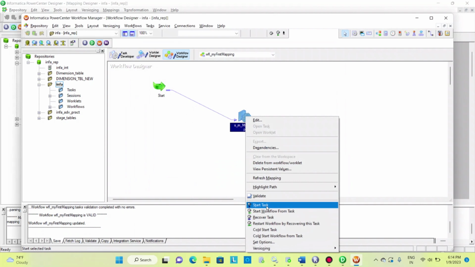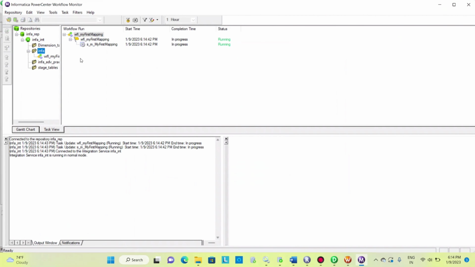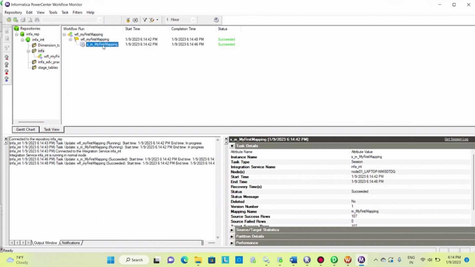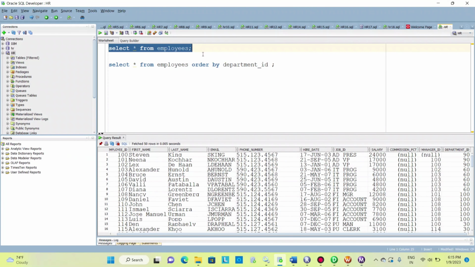If I run this, it is validated, and I will start my workflow. So my workflow is running. It is succeeded. So if you see, source and target data, it took 107 records from source qualifier and loaded 107 records to my target. So if I check my target, select star from employees,